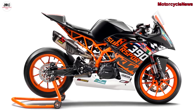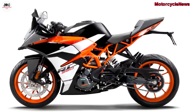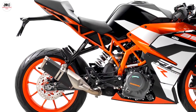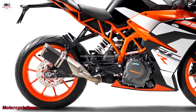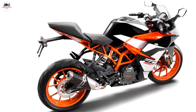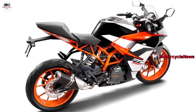KTM have announced that they will be doing an R badge version of the RC390, the more track-tuned sibling for the already manic RC390 Supersport. The updated, higher-strung RC390 R Supersport will get features like fully adjustable race-spec WP suspension, folding brake and clutch levers, a race-spec yoke and more track-tuned handlebars, all of which have been made to give better results around the